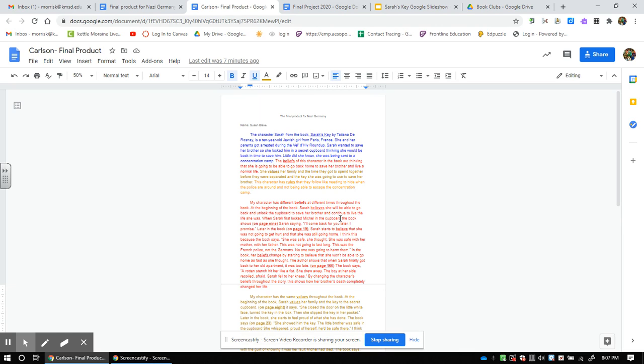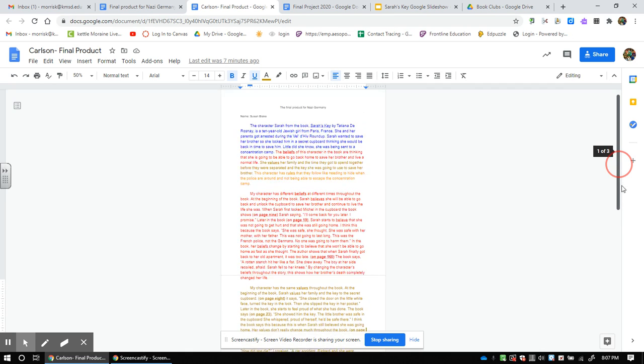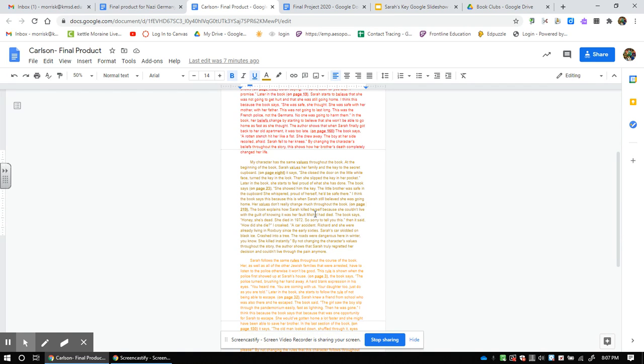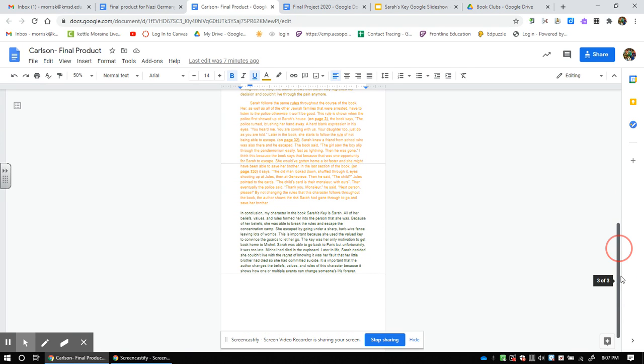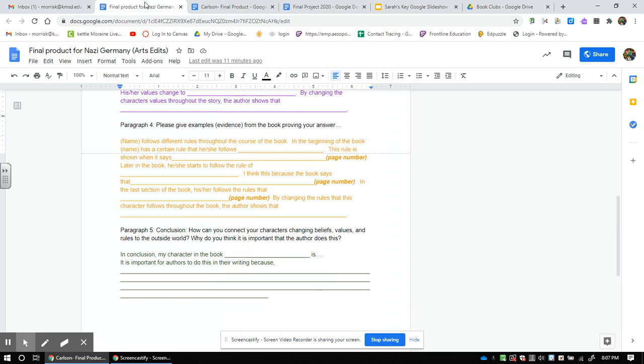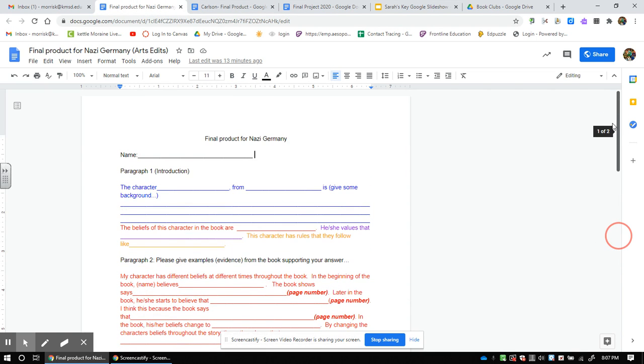And then, of course, just like a Satomer, you have a whole section on the first subclaim with pages and evidence. The second section is values with pages and evidence. And the third section is rules with pages and evidence, with a nice summarized conclusion. If you follow the template, which is right here, that's what you're going to end up with. Spelling counts a lot. You must spell your words correctly and you must capitalize and put punctuation where needed.